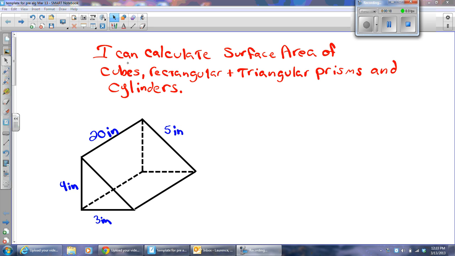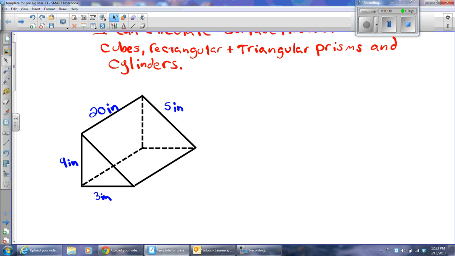Anyway, after this video, we're going to be able to say, I can calculate surface area of cubes, rectangular and triangular prisms, and cylinders. Let's start with this triangular prism. Remember, a triangular prism is built up of